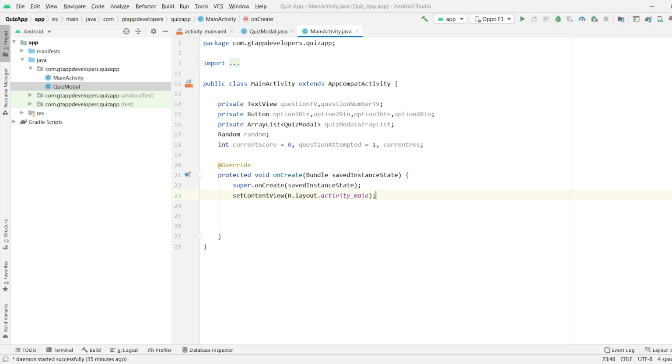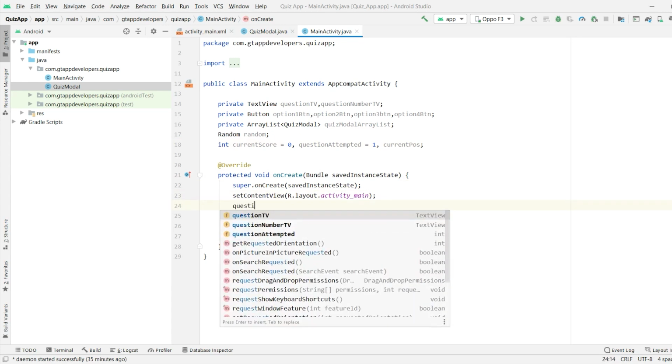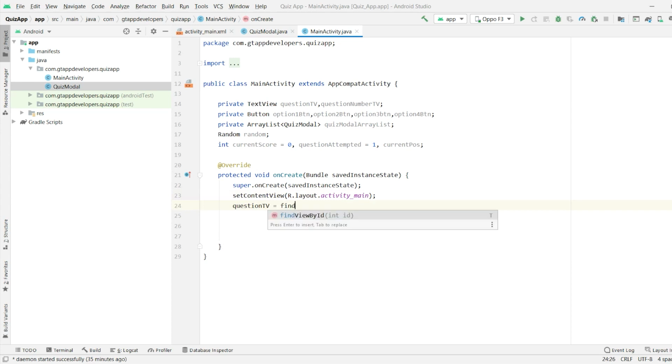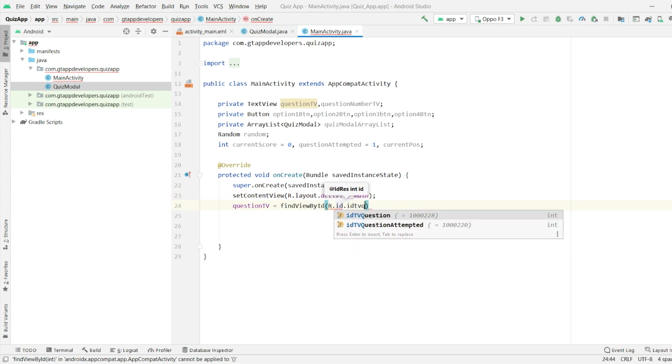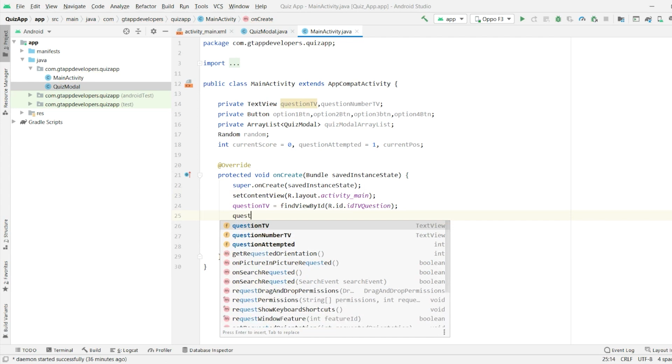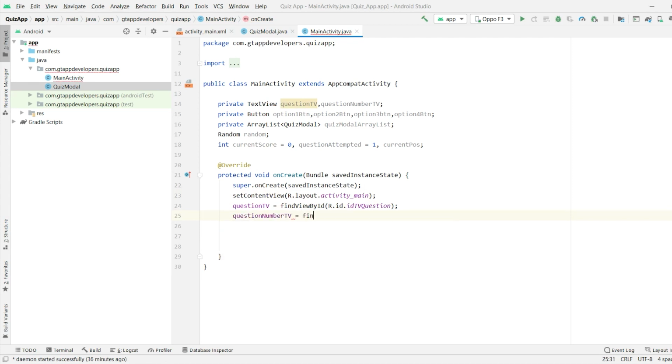Now we have to initialize all the variables. So for initializing, we simply have to specify the variable name, then findViewById and specify its ID. Similarly, we have to initialize all of the other text views and buttons.